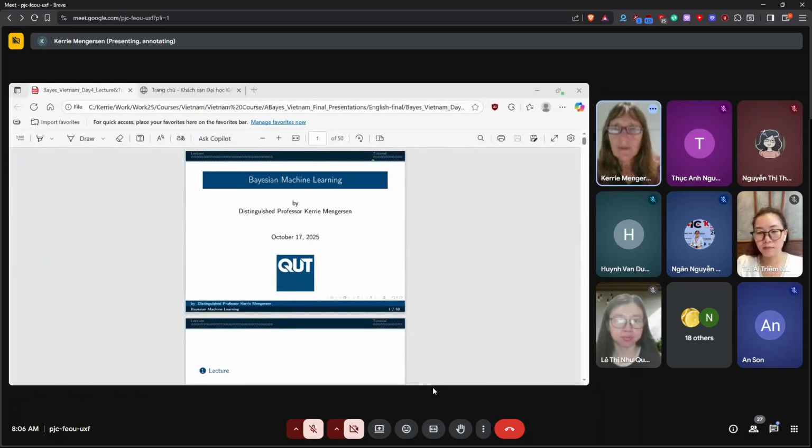I'm not sure about making this full size inside Google Meet. Does anybody know how to do that? No? Okay, so maybe we can just run through the notes as they are here.